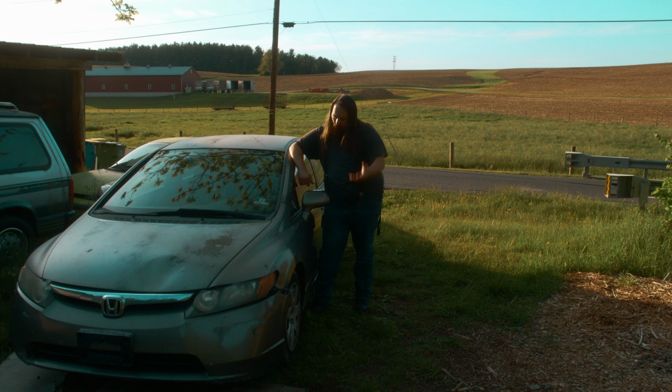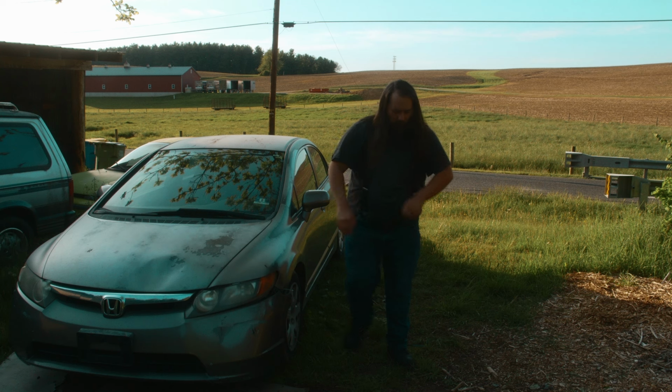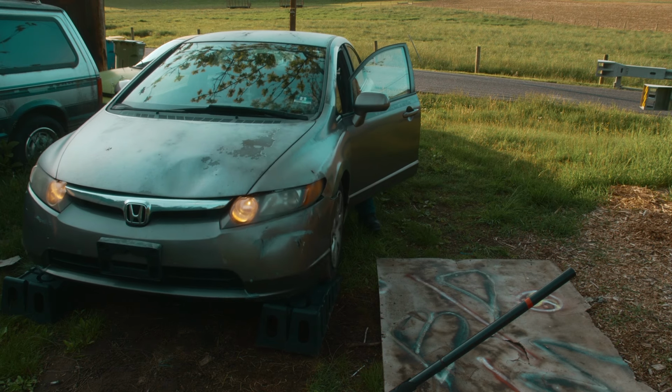So I bought spindles or knuckles, whatever you want to call them. I bought the whole thing instead of just trying to get it pressed or get one from the junkyard, and I'm going to slap it in here and take it for a test drive. And hopefully, knock on some wood, hopefully I can get it done before tomorrow. I mean, it is like 7 o'clock, but...